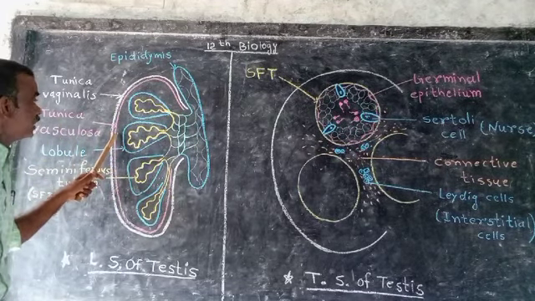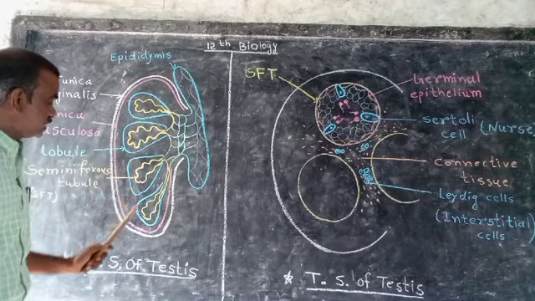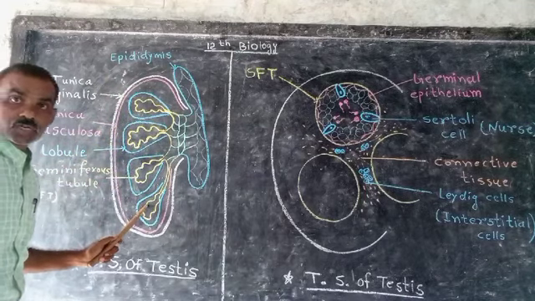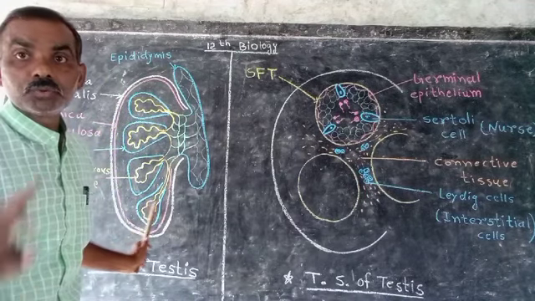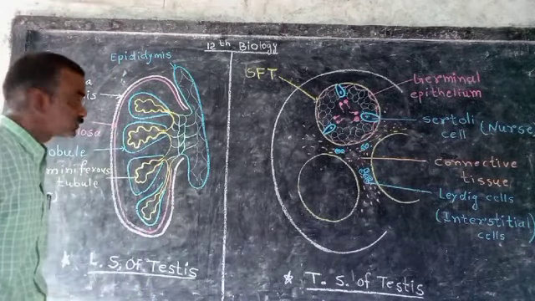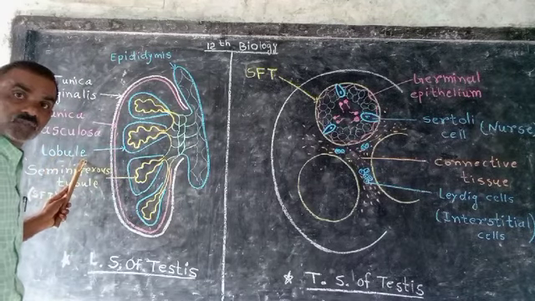Two membranes. Now internally the testis shows many lobules, near about 200 to 300 lobules present in the testes, and each lobule shows the presence of